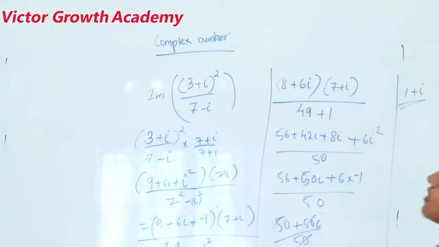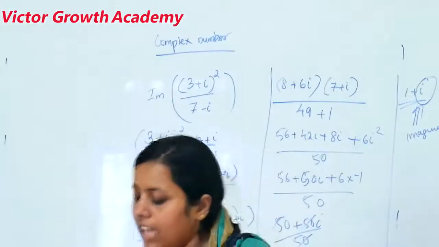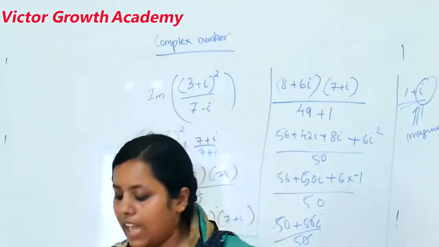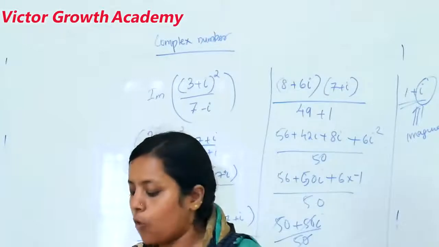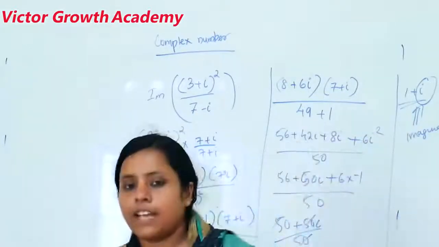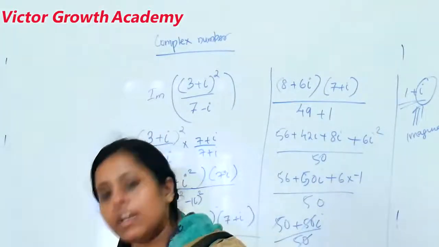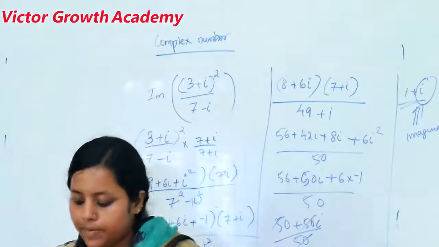So now what is the imaginary part of this 1 plus i? That is nothing but this i. i is the imaginary part. Now going through the options, what are the options given in the question? 2 by 3i, 8 by 7i, simply i, minus 4 by 7i. So option C is the correct answer, that is, the imaginary part of 1 plus i is i. Okay, so this is a basic question that can be asked in an NDA Maths question paper.